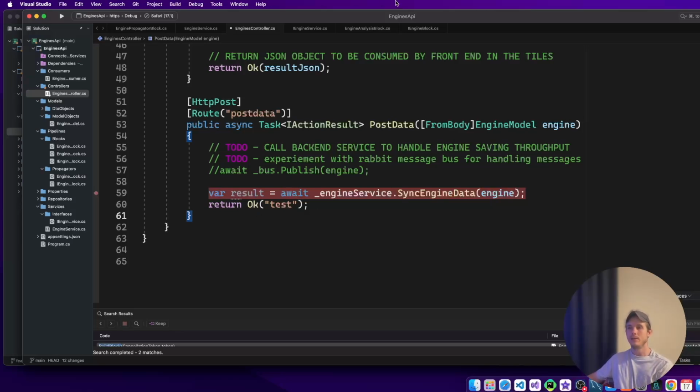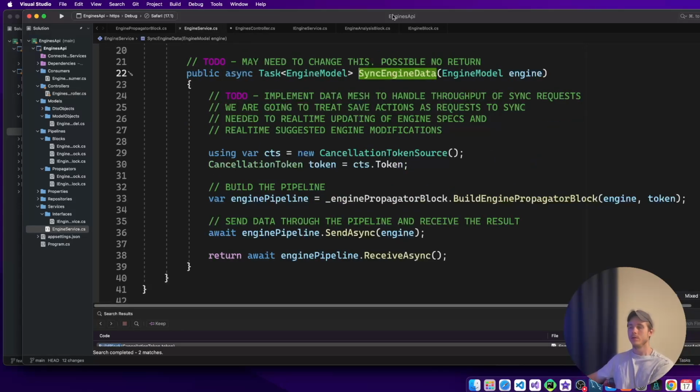So I went ahead and made this engines API project, and you can see that I do have a call. If I comment this, I do have a call to RabbitMQ, because I did introduce RabbitMQ into my backend, but then I still tried to use this engines API and it just wasn't working well. But my original thought was to use just a service, right? So if we go here, my sync engine data is my engine service,